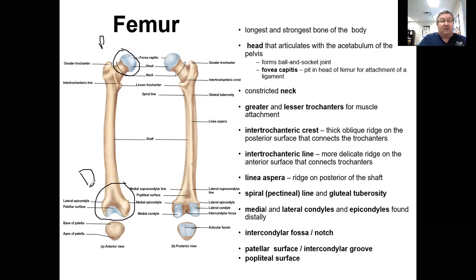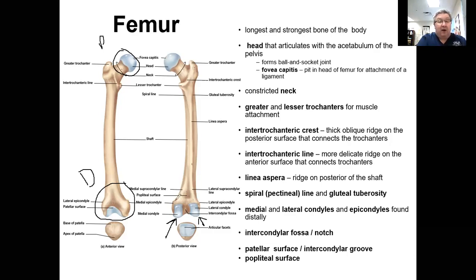At the distal end of the femur, we have condyles. This right here is a medial condyle, and this one right here is a lateral condyle. These condyles articulate with the tibia and allow us to flex and extend our knee. So we have femoral condyles,